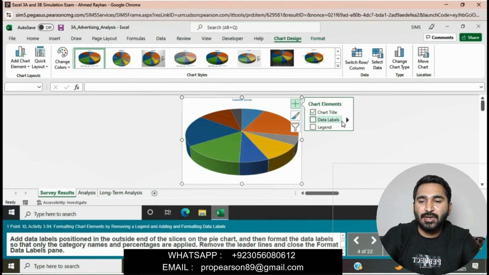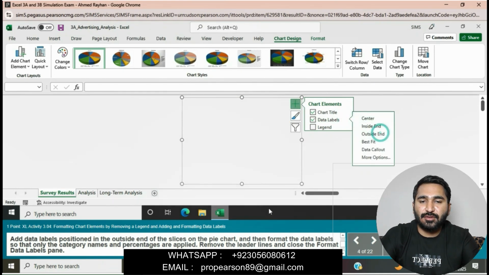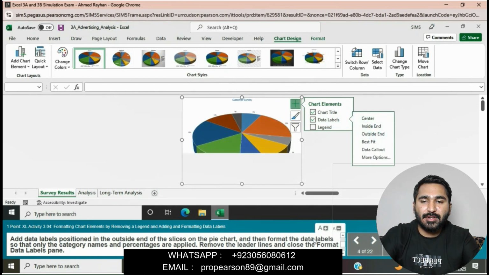Okay, go to the data label, and then select the outside end position, and then format the data label so that only the category name and percentage are applied. Remove the leader lines and close the Format Data Labels pane.